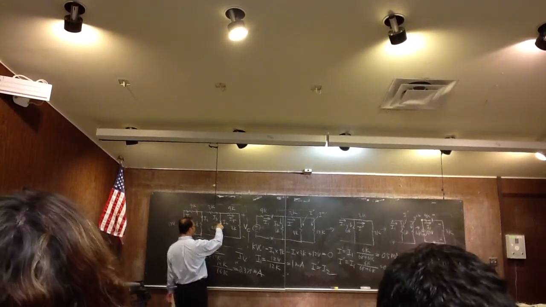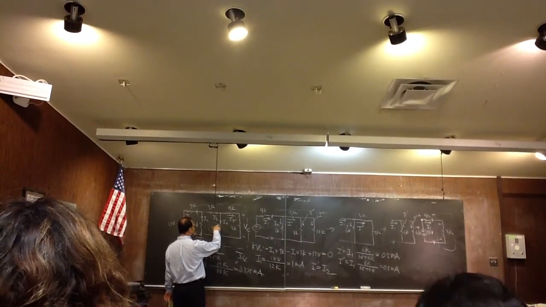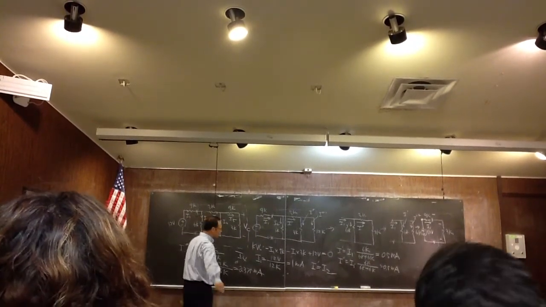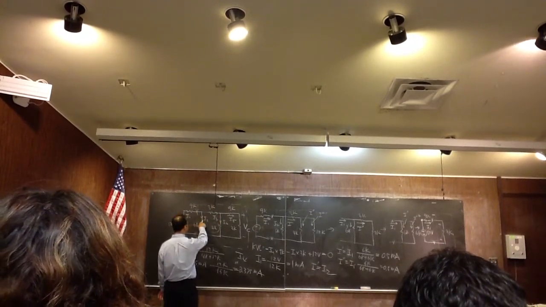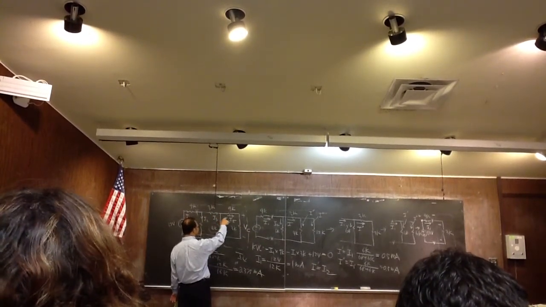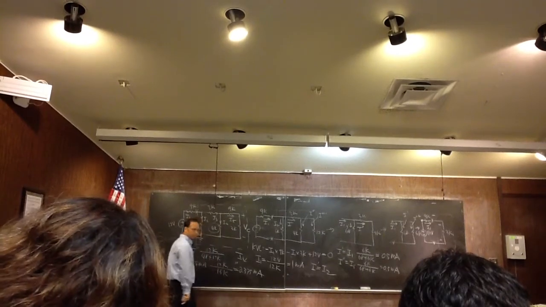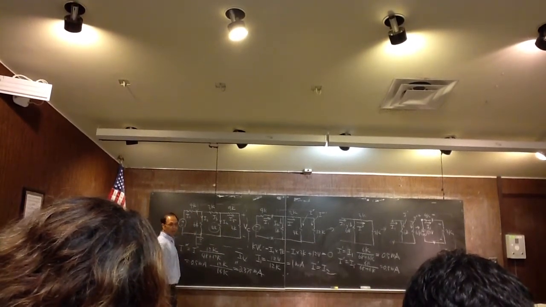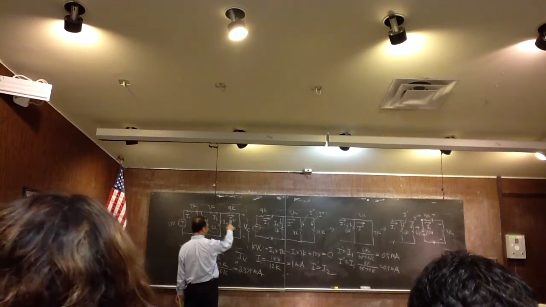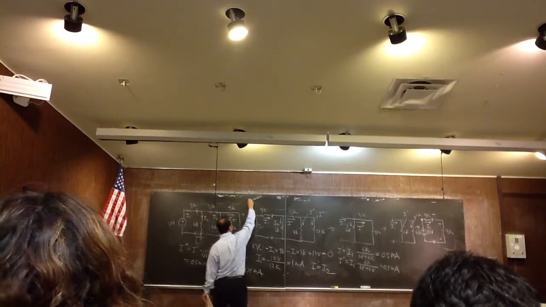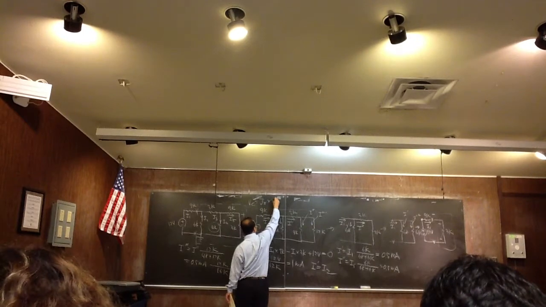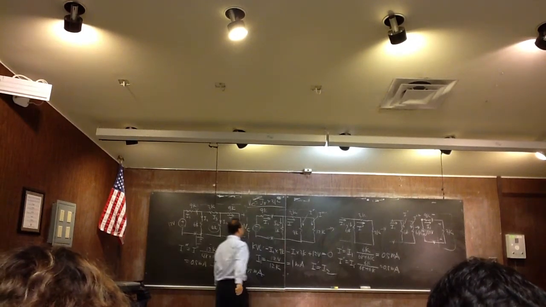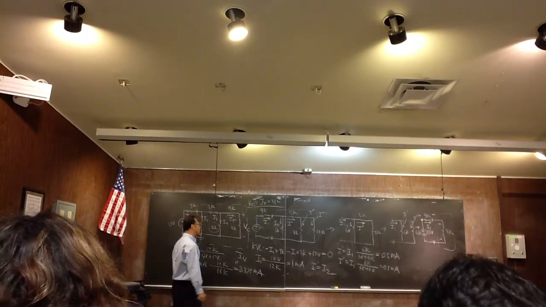Okay, now, once you know I4, what else do you know? You know I2, then you can keep on going and try to find out I5, correct? It's the same concept, right? And once you have found I5, then VC is equal to what? VC is equal to I5 times 3K. Okay? So that will be the value for the voltage on